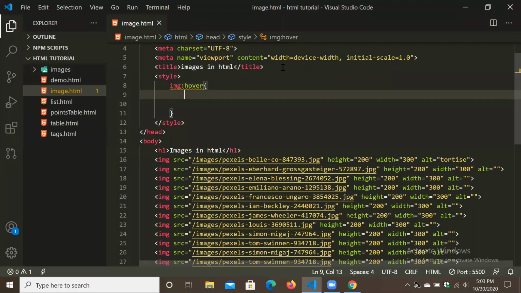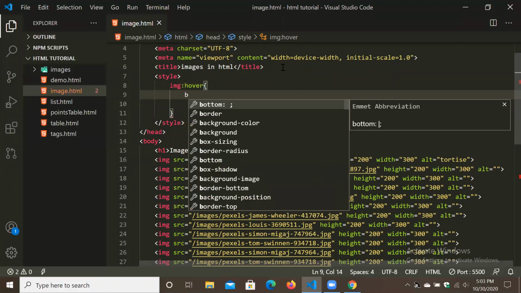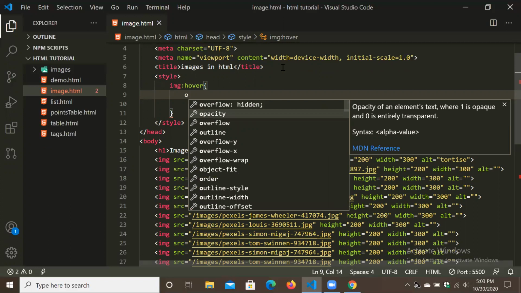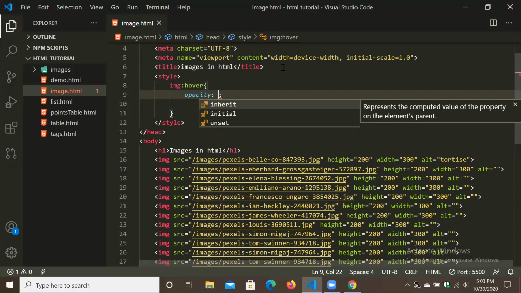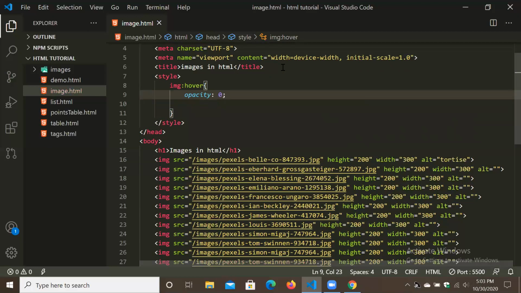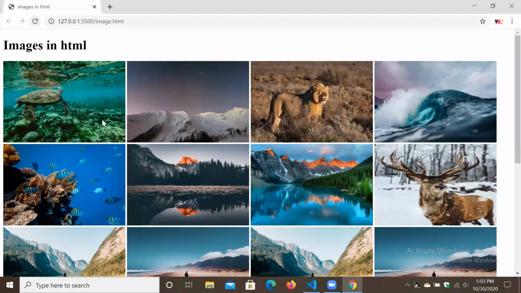Now I will give some opacity, we will give 0.7. So let's check. Look, whenever we go on any image, this opacity applies, so we can control this very well.